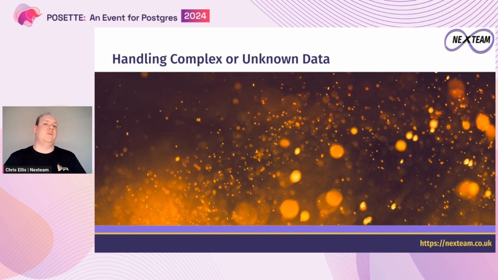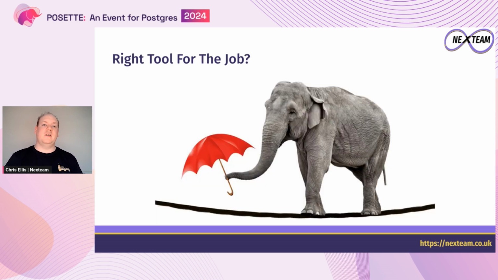So there's a whole bunch of different use cases where we have to store this kind of data. And let's be honest, these days JSON has become pretty much the king of how we handle and interchange loosely structured data, and has definitely replaced XML in that regard. But a key question here is: is Postgres the right tool for this job? To my mind, of course it is.